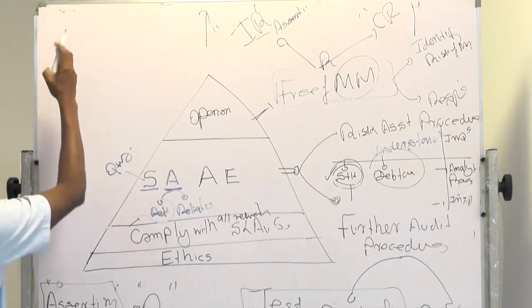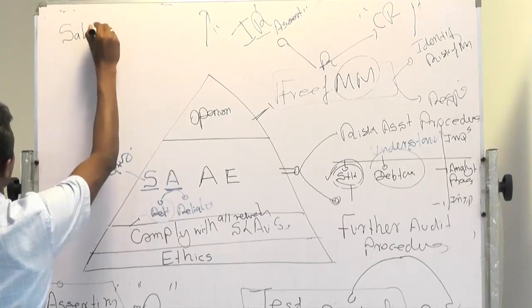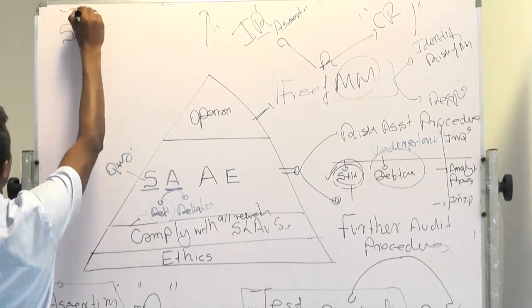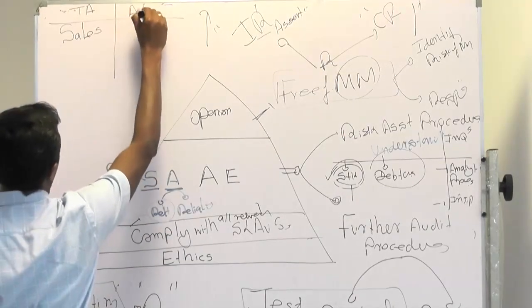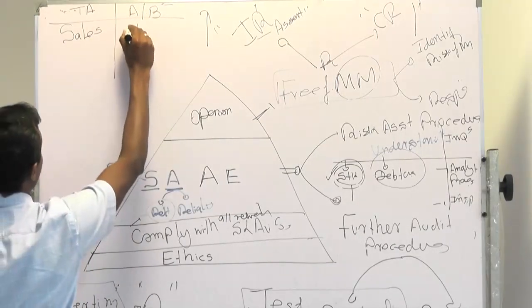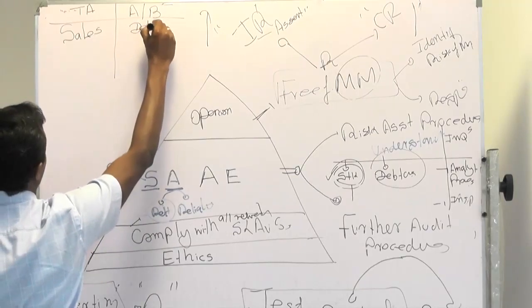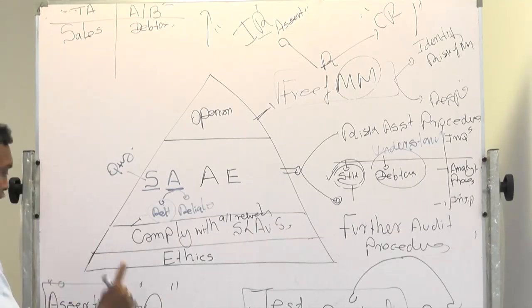Now my question to you: this is a sale. So I am talking in terms of assertion. When we talk about assertion, we are looking at both transactions and balances, right? Transactions and account balances. Here AB means account balances. If I have sales, then the balance is debtors. Now my question to you: how do we know the sale has taken place? That assertion is called occurrence. Occurrence means the transaction has actually taken place and is relevant to the company.